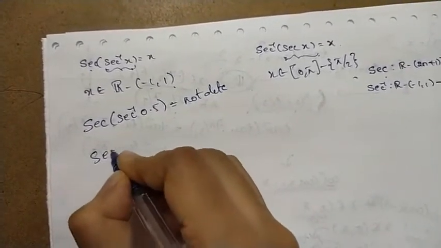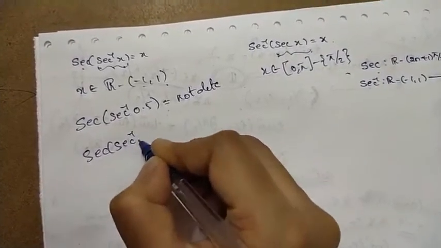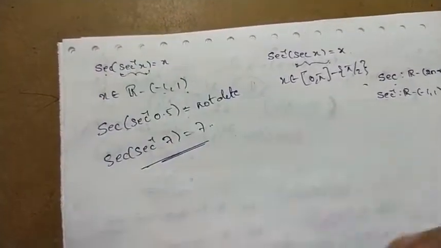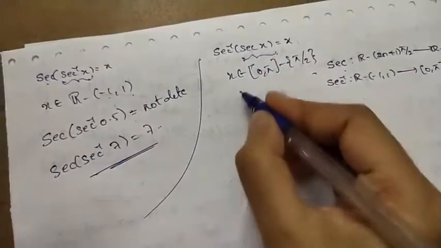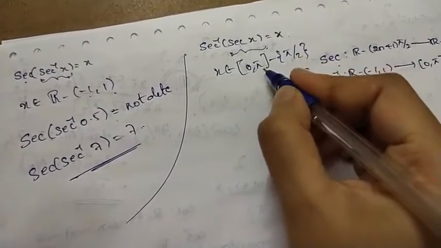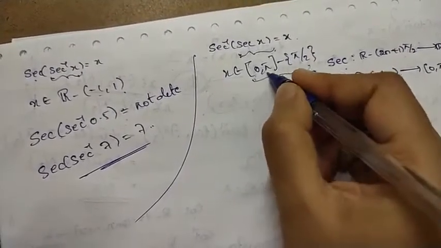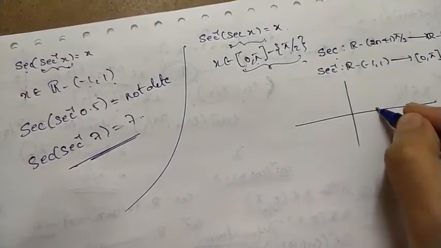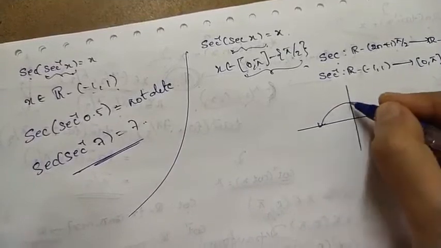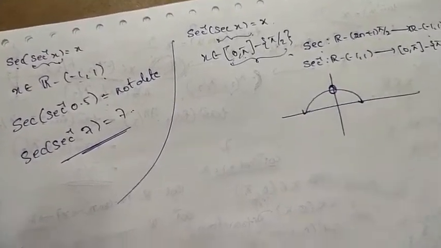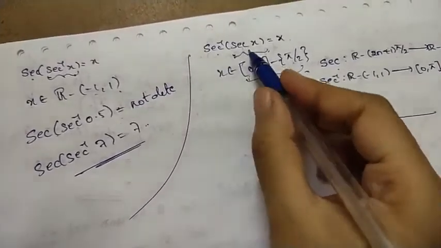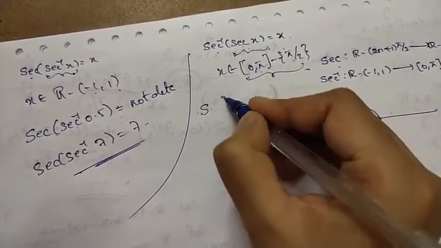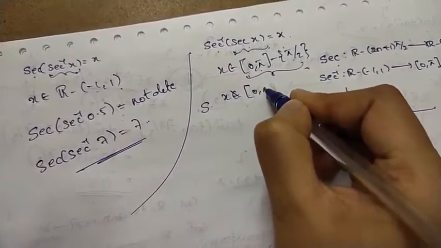But suppose we take values out of that interval, that is, secant of secant inverse of 7, I can write 7 because 7 belongs to the set of real numbers. Then here, secant inverse of secant x: if x belongs within the interval from 0 to pi, excluding pi by 2, then secant inverse of secant x is equal to x. Suppose x does not belong to this interval,